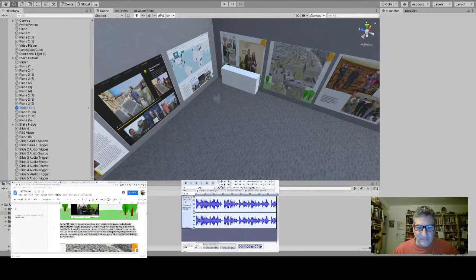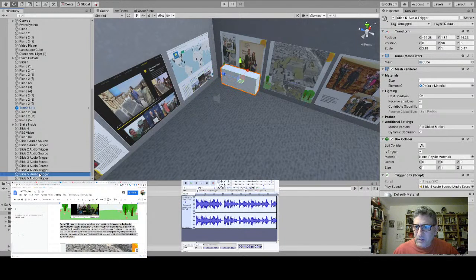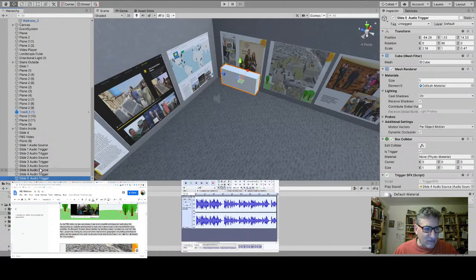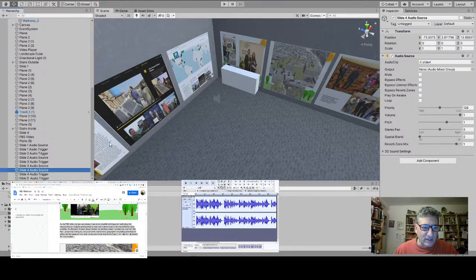And then, after doing that, come back into Unity and go to that audio slide 5. Oh, one is supposed to be a source, the other is supposed to be a trigger. So I've got 2 audio triggers, I don't need that. I have a slide 5 audio trigger there, so I don't need that one, I'm going to delete it. I do need a slide 5 audio source that I'm going to copy